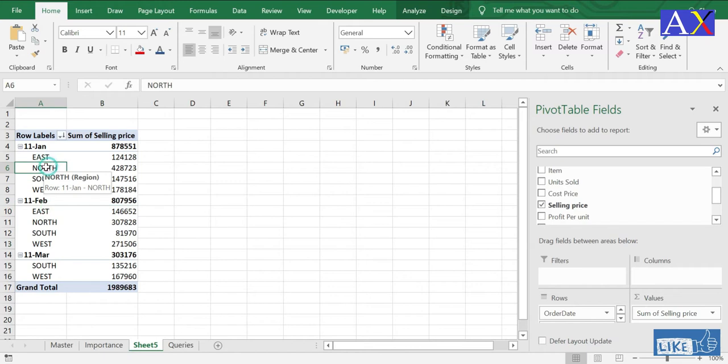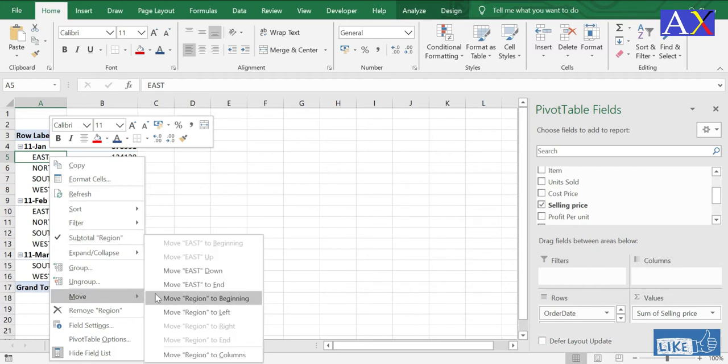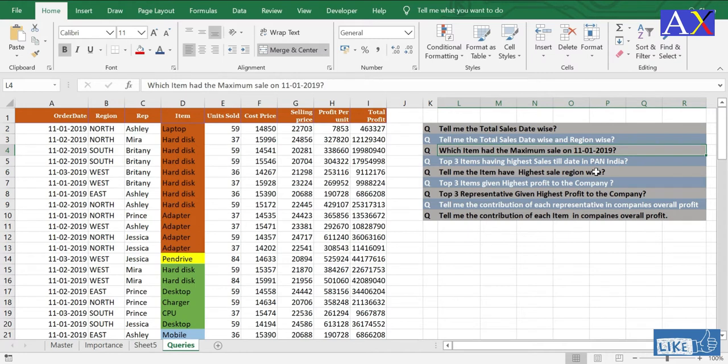We can also change some settings in the layout, like we can move this region to columns, so that would be better for us to understand the scenario. So let's head to question number 3. Now which item had the maximum sale on 11/1/2019? Okay,